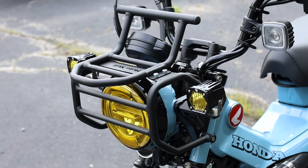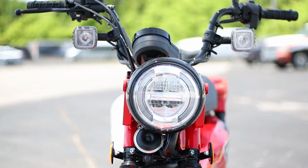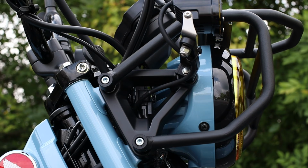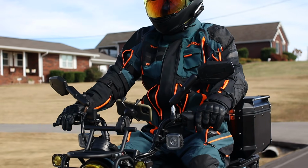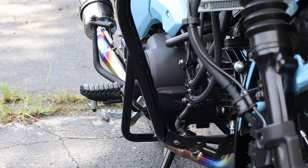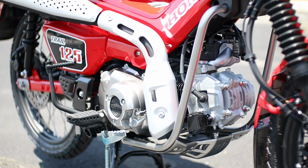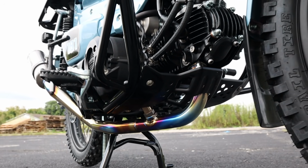Then we've got a headlight guard and cargo rack set up from Moto skill that takes what is normally dead space around your headlight and gives you somewhere to strap stuff down, as well as another place to mount things, whether it be a camera or your phone like Jason did that you'll see in some of these rolling shots. And we've got another part from Moto skill with their crash bars that loop out a little more than the factory bars to hopefully help prevent too much damage on the bike when she hits the ground,